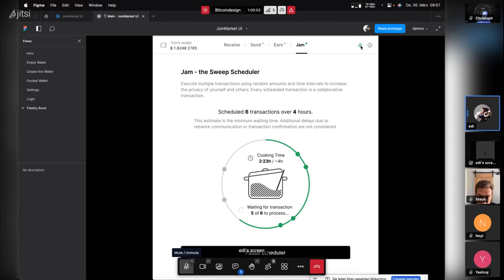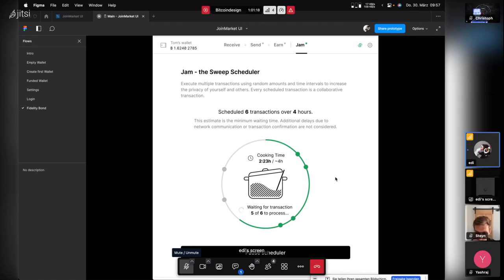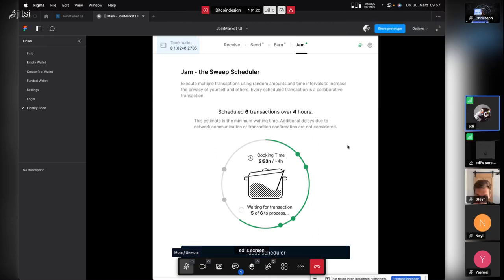So jam is active. You see again an icon. Again, something is happening. And you see a timer that needs to be filled. And all dots are completely random on this circle because it depends on randomness that this script, the scheduler, is applying on your transaction, on your big sweeping jam transaction, because it's randomizing time and value all the time, more